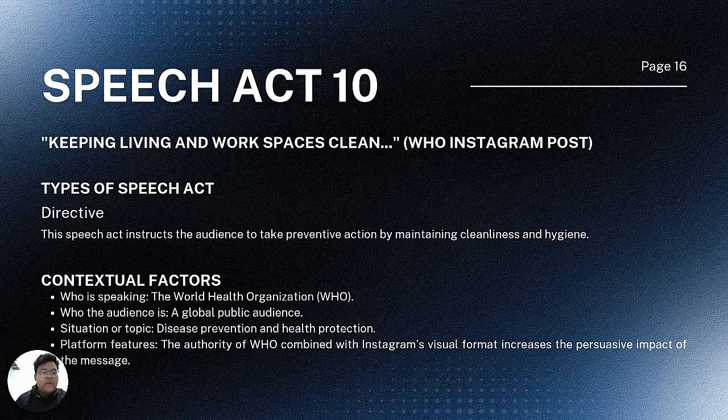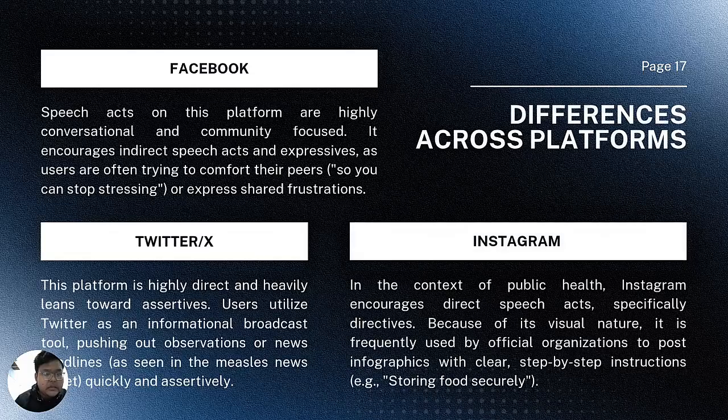So if we look at this, we will always know that this is directive, because Instagram usually makes it more direct. Instagram posts are usually concise and direct. Sometimes, when we want to look at the information, we need to go to the caption or the comments to know the context, because the post itself usually just uses concise and direct text to catch our attention and make it compact.